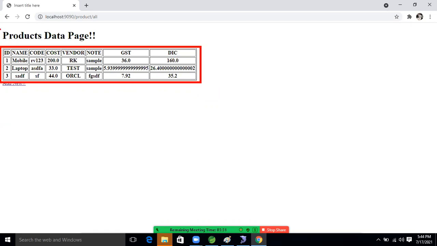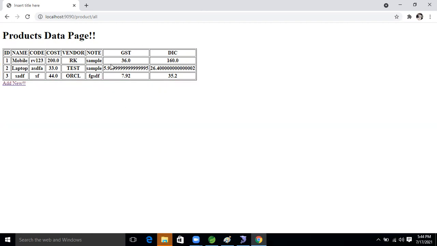So now let's perform the next level. Don't worry, still so much work is there in this application, guys. Still I will use Bootstrap, then I will beautify this page also. That time you will feel the look and feel will come, right? Still so many concepts I will implement. Just we are constructing. Before beautifying our application, let's construct the project. Then we will do the extra work, right?